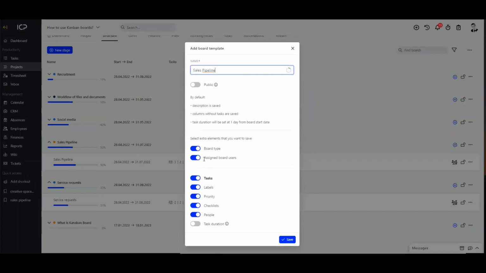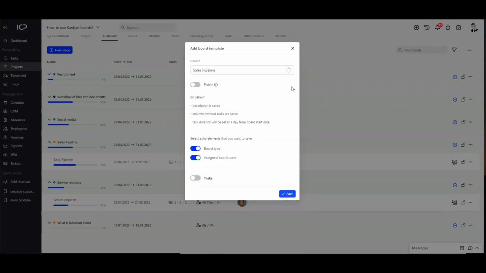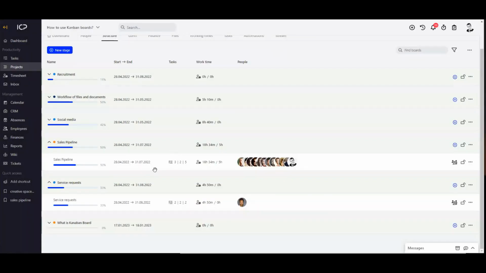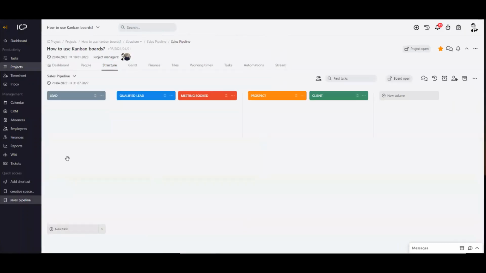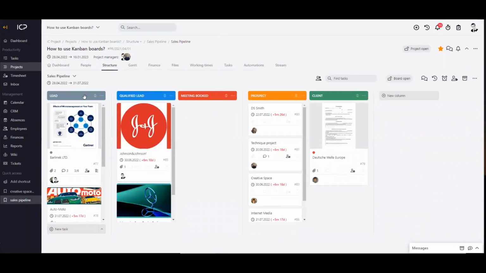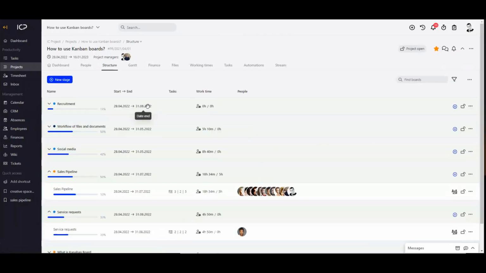I just want to have the upper section of the Kanban board, the workflow section, saved. I click save, and then I can use this workflow section in my structure. So whenever I want to add